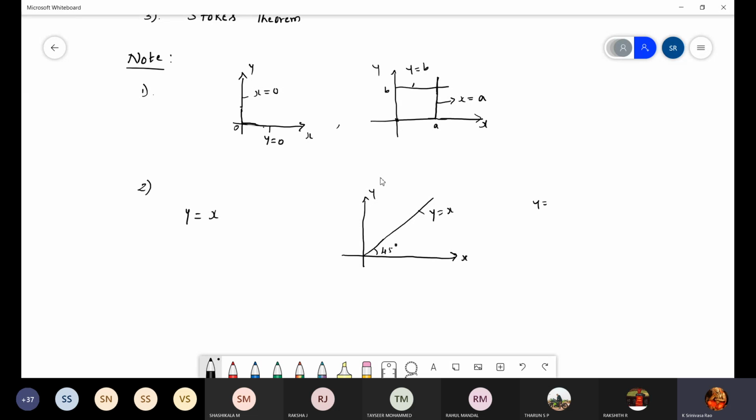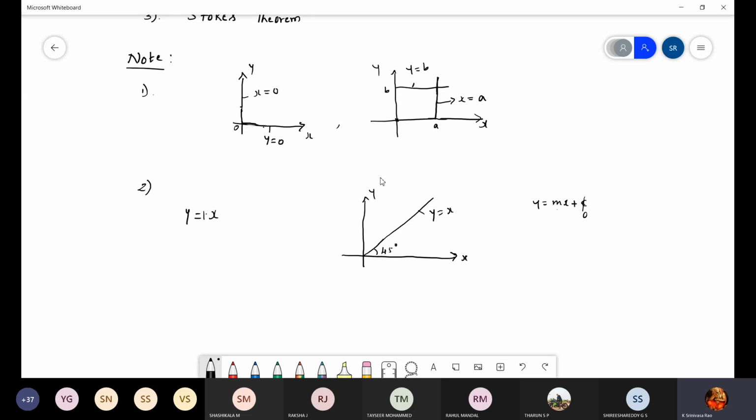You know the standard form of the equation is y is equal to mx plus c. Is it right? If c is 0, the line passes through the origin. C is called the y-intercept, and you will get y is equal to mx. Here y is equal to x; there is no c, it is plus 0 actually, so it passes through the origin. And the value of m is 1 here. That is nothing but the slope. Which trigonometric function gives a slope? Any idea? There are 6 trigonometric functions, from sine to cot. Which trigonometric function gives it?